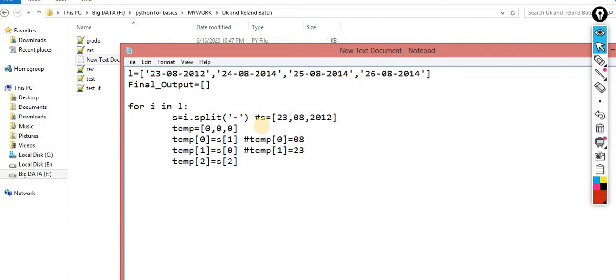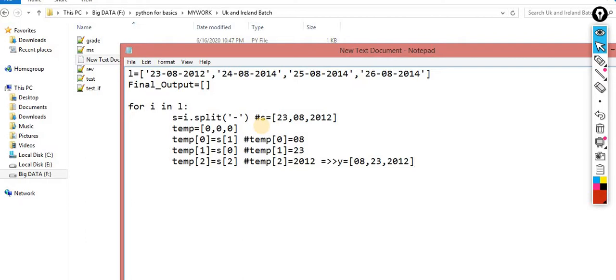For the same, here, s of 2, okay. Now it will contain 2012. So finally the y, basically the y is a list, becomes something like this: 08, 23, 2012, okay.